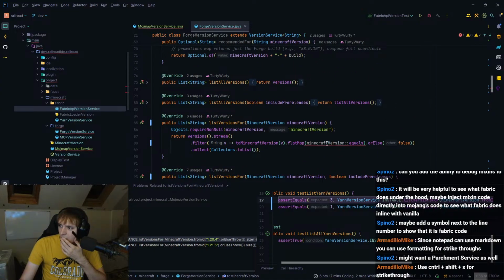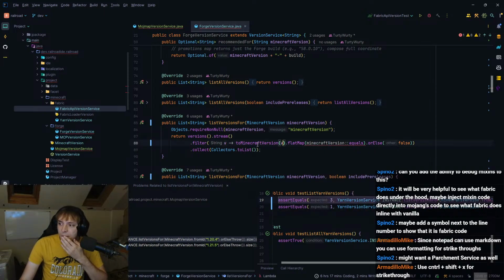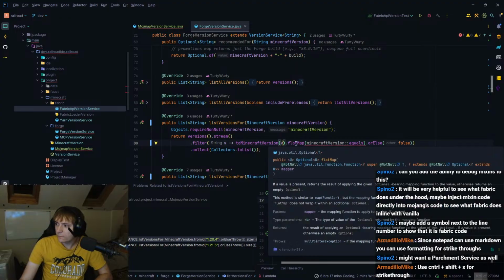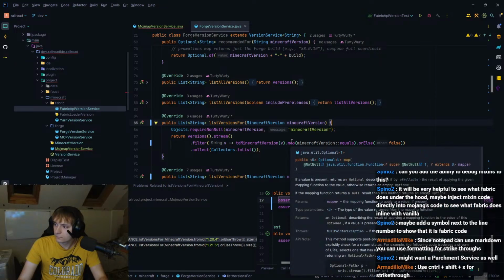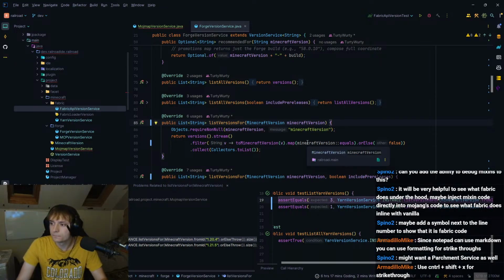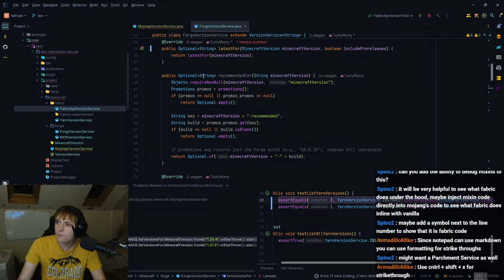Why did it like this? So this returns an optional of a Minecraft version, which we should be able to flat map. No, I guess we can't flat map it, can we? But we can map it. That's fine.